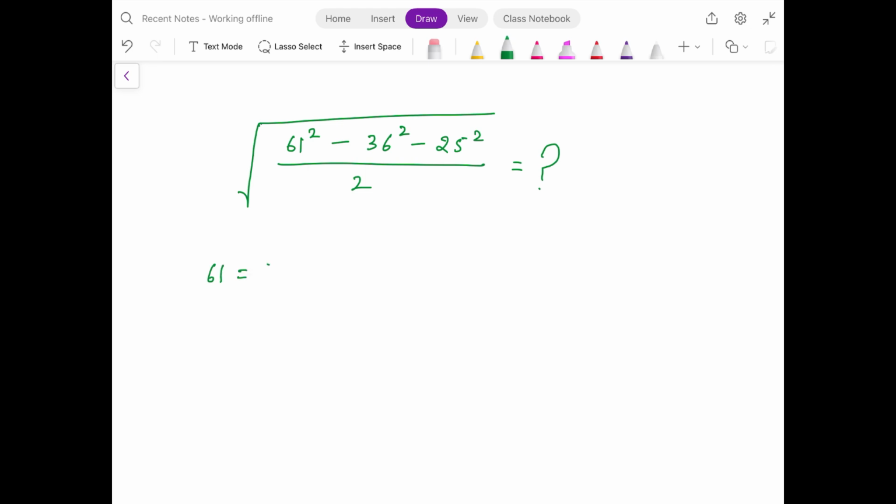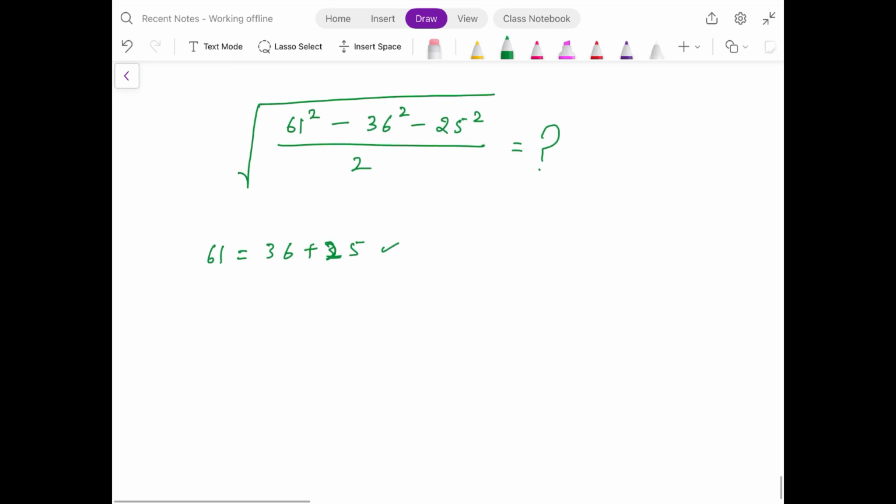is nothing but the summation of 36 and 25. So that means this question becomes a little bit easier. In fact, quite easy to understand and solve. So if we consider 36 as A and 25 as B, so 61 will look like A plus B. That means 61 square will be (A plus B) whole square. So if we use the identity of (A plus B) power 2, it will become A square plus B